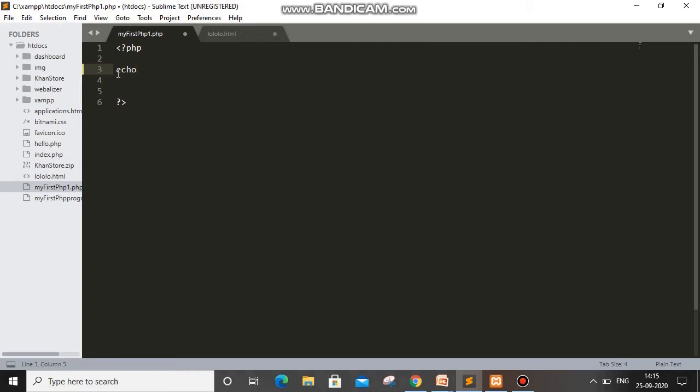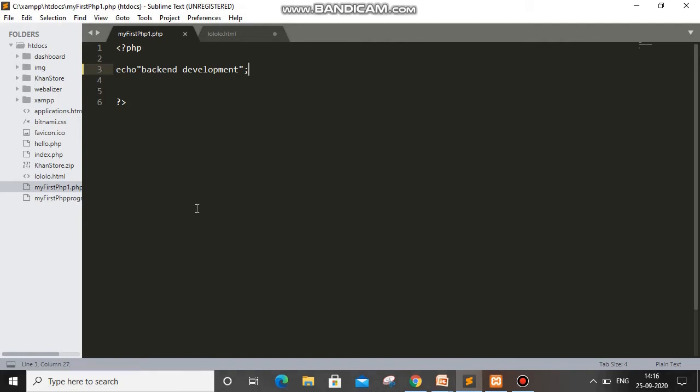Suppose we have to print anything, so we have to use a function called echo, and we give open braces, and after that we can print backend development. Whatever we like we can print. I will type backend development, and don't forget to give the semicolon. Once you give that, you have to save this program. This we have seen in our last class.